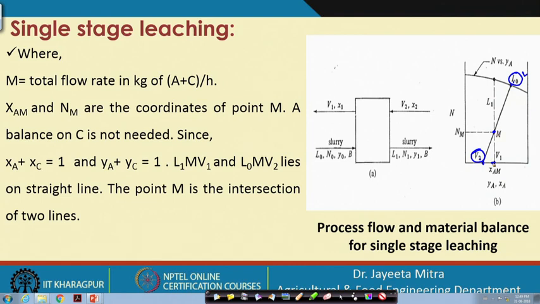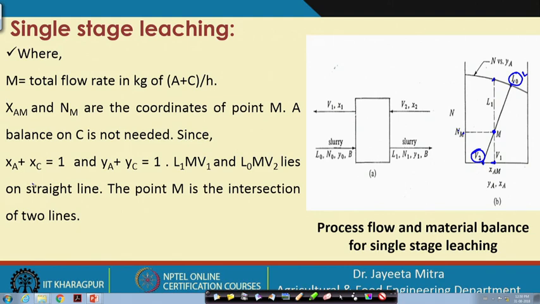From the M again, there will be V 1, indicating our overflow, and that will have a concentration, and here again L 1, that is our slurry that is going out. So, this will be the equilibrium point. Corresponding to this equilibrium, we find what will be the X M and what will be the N M, so that we can get the bulk liquid there and the concentration of the solute.